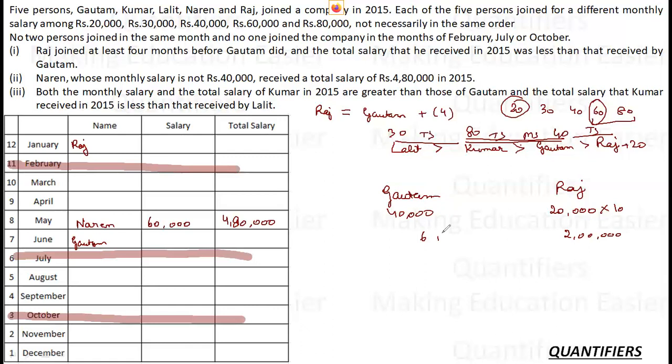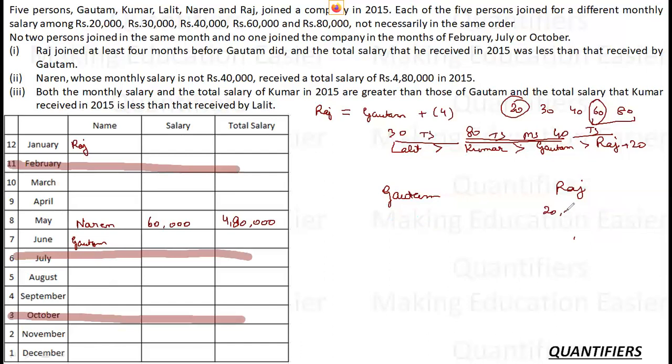And he cannot work more than 6, because the difference has to be 4 or more. If he is working for 10 months, the difference has to be 4 or more. So if 6 months comes to me here, okay, 6 is also not possible because nobody is joining in July either. So this case is straightforwardly discarded. This case is not even possible. So Raj cannot work for 10 months.